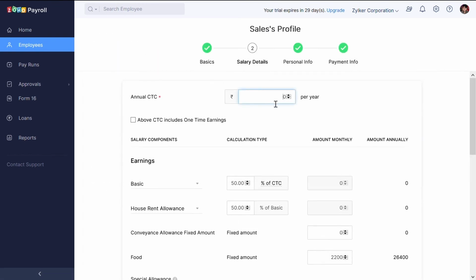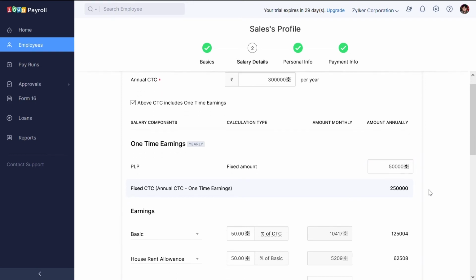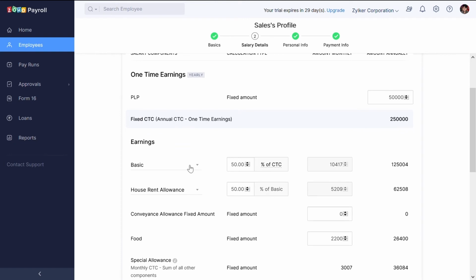Enter the annual CTC, which is rupees 3 lakhs. Opt in for this option to include the variable pay in the CTC. Value of the performance linked pay is 50,000 for a year. For basic, you can click on the drop down and choose basic fixed amount and enter rupees 10,000 as monthly amount.